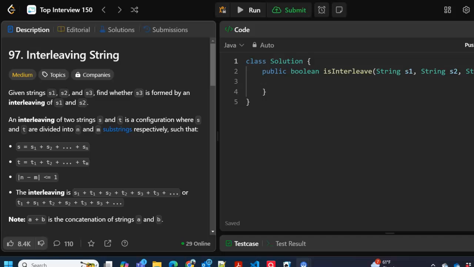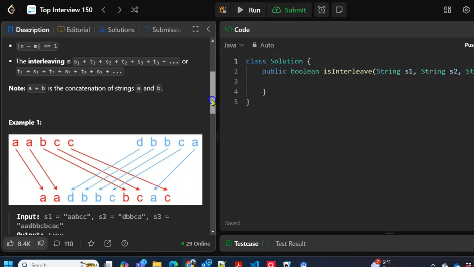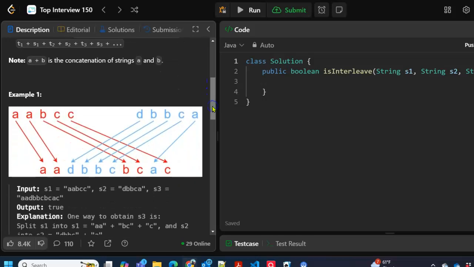Okay. I don't think the mathematical explanation of it here is the clearest way to see what it means. It just means, can you make string 3 by taking one character at a time from either string 1 or